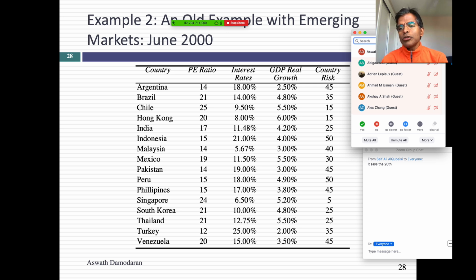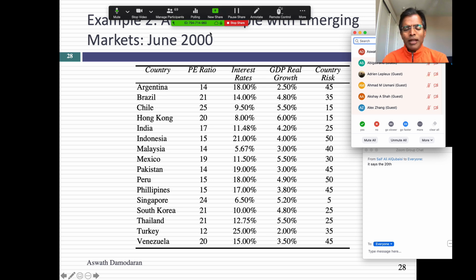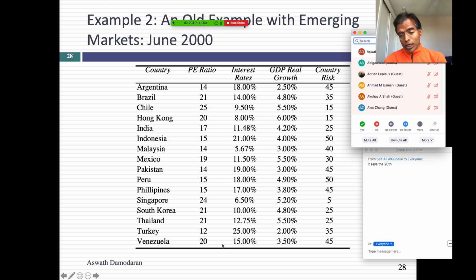So when you look at a stock and it has a low PE ratio, your first test is to see, is it a risky stock? Then you look at, is it a really low growth stock? Then maybe it's a low return on equity stock. You're looking for a reason for the PE ratio. So use that tool, because now I'm going to play the role of the naive analyst again. I'm going to present you with the PE ratios for a bunch of emerging markets. This is a very old example, but let's stick with it. I've got the PE ratio for each of them. I also have interest rates, real growth, and country risk for each of these markets.